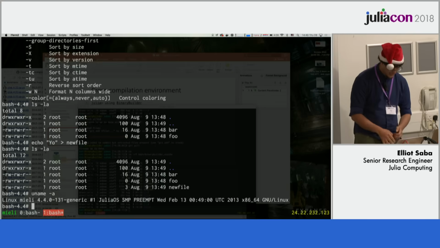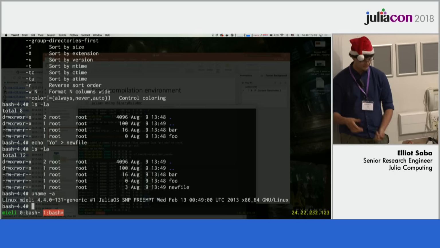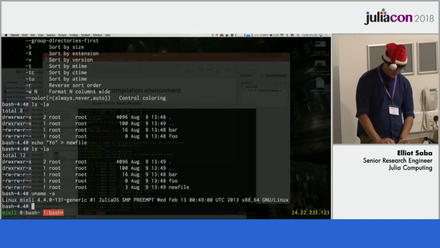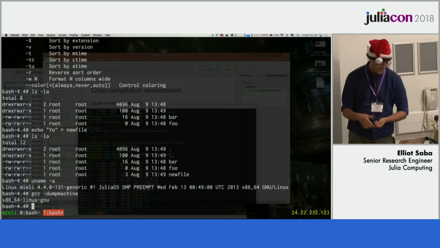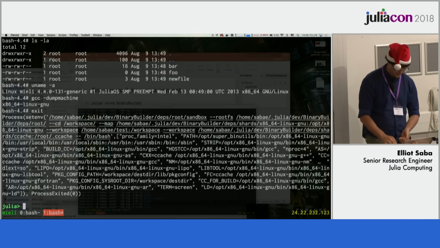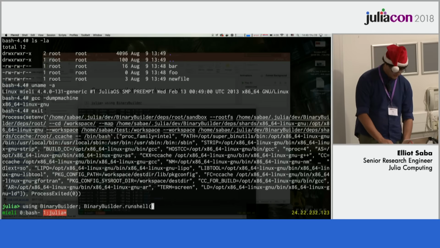If I say things like, hey, what kind of machine am I running on? It says you're a Linux machine running x86-64. And if I ask GCC, what's going on? It says, I'm going to try and build for x86-64 Linux GNU. You say, great, I could have done this outside of this environment. Why is this useful? The answer is because we can say things like, OK, I want to run on Mac